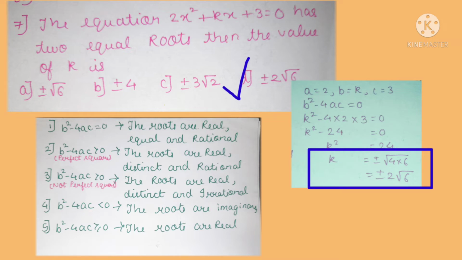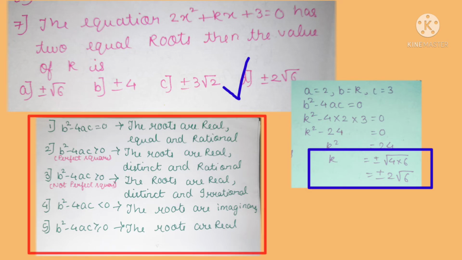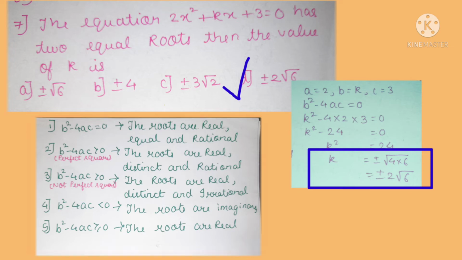Basically, the last three questions that we have seen are almost similar to each other. The thing is they have just twisted the question and represented it differently. In one question they have given no real roots, in another they have given two real roots, and two equal roots they have mentioned in such a way that, according to the given question, the discriminant value changes.